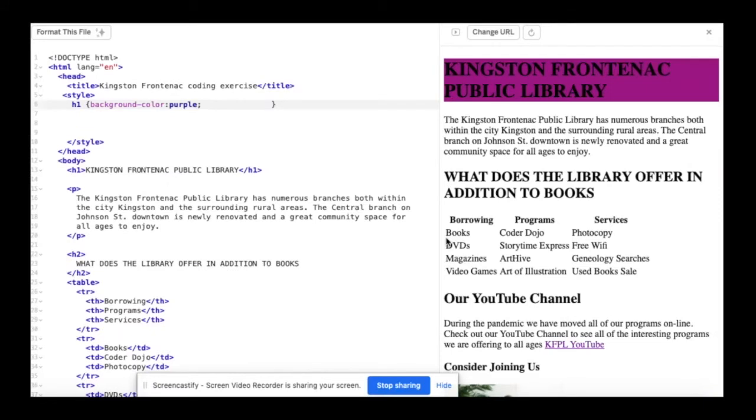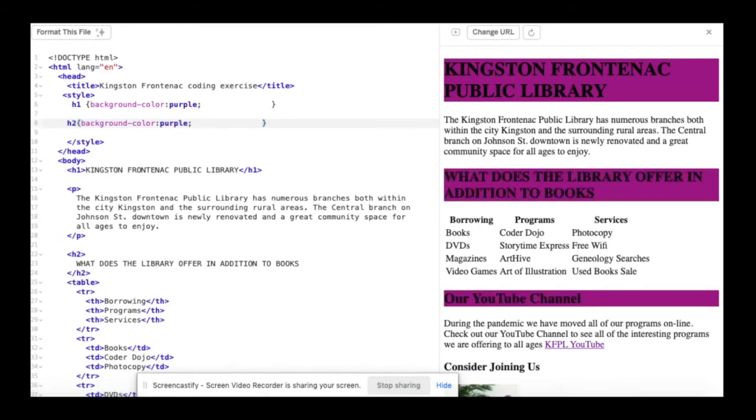To practice, I'm going to try the exact same thing on my H2 line with a different color. What I'm going to do is copy that line. I'm going to paste it and just change it from H1 to H2, not H12, H2, and I'm going to change my color to green.